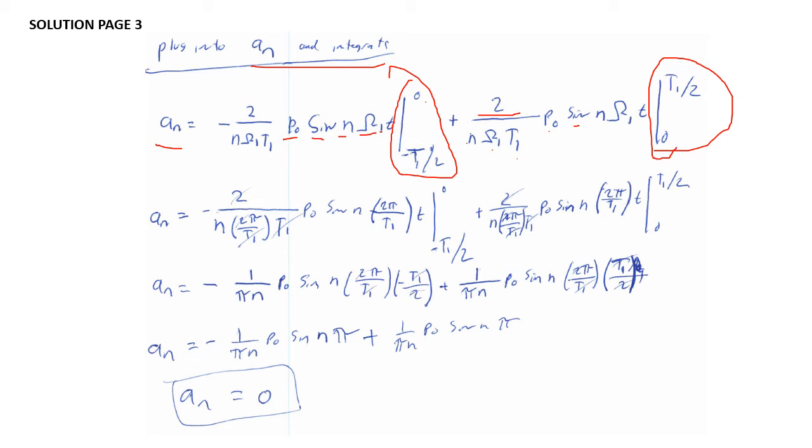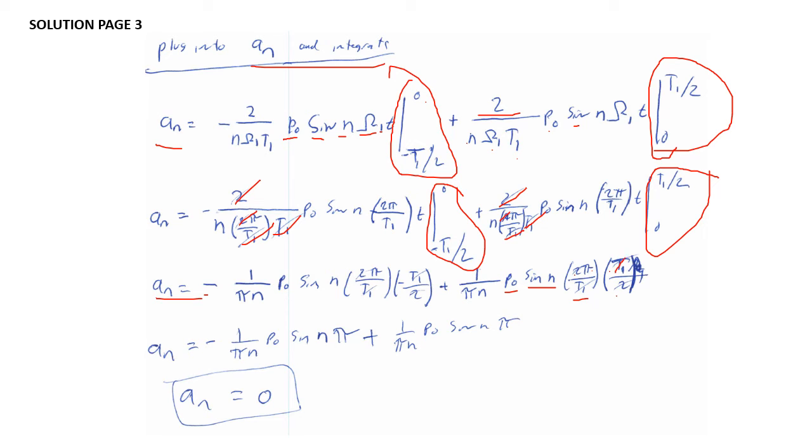We'll go back through. We'll simplify things down, see what we can cancel out here. So we go through, cancel out some T1s, cancel out some 2s here. Come over the other side, still cancel out that 2, that 2, that T1, that T1 there. We can reduce and simplify. Once we do that, and do out our limits as well, evaluated for both those sides, we end up with our a sub n equal to negative 1 over pi n p naught times the sine of n times 2 pi over T1 times negative T1 over 2, plus 1 over pi n